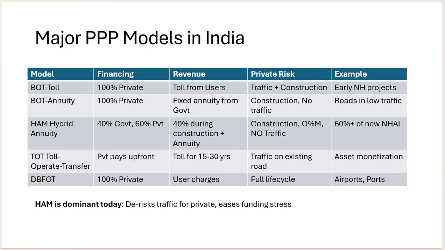The build, operate, transfer annuity model is a public-private partnership where the private developer builds, operates, and maintains infrastructure like a road for a set period before transferring it to the government. The government will give a fixed amount for that project, so there are no toll risks or traffic risks. Instead of collecting toll, the government pays the developer a fixed and regular annuity for their investment, removing the traffic risks from the investment.